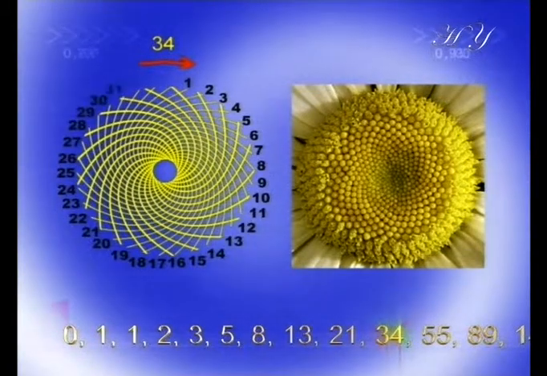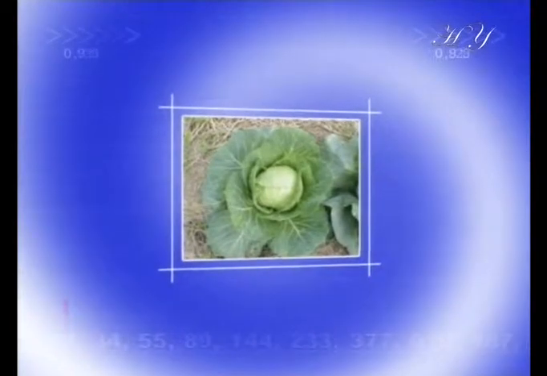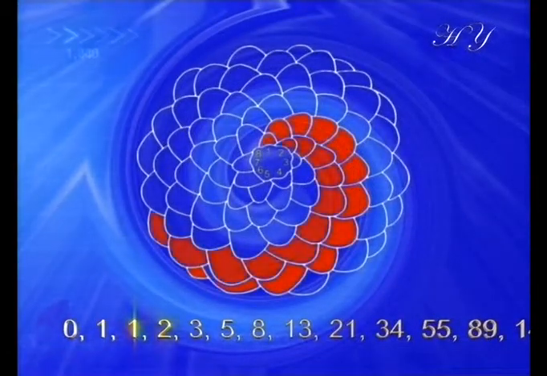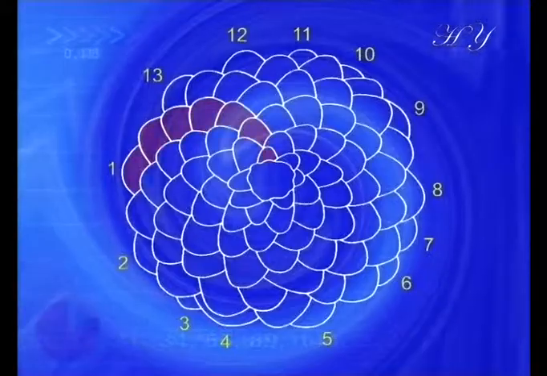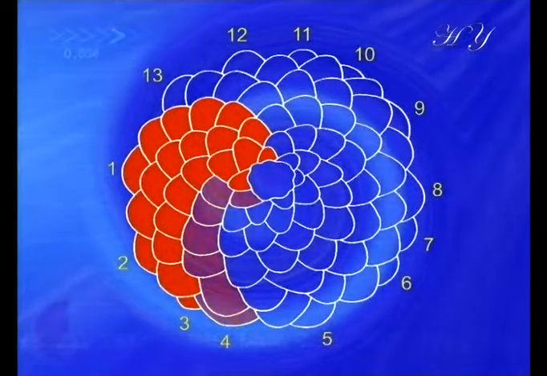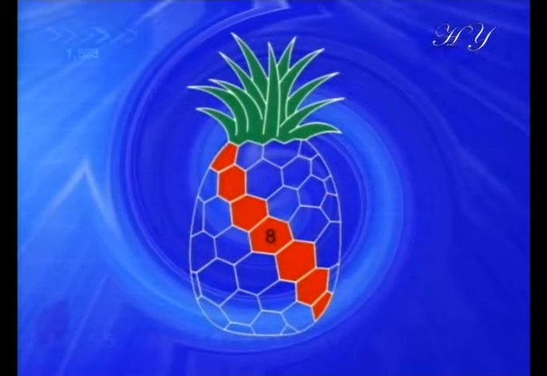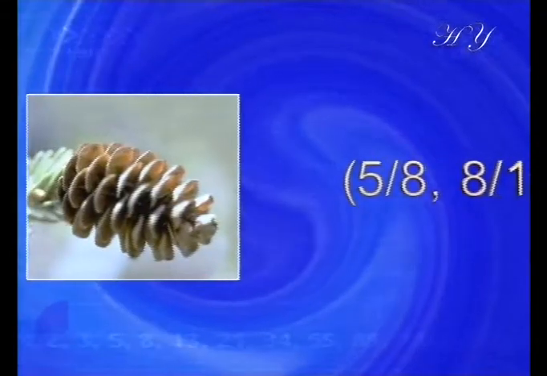This is certainly not limited to the sunflower alone. The leaves of densely seeded plants, such as the cabbage, also form spirals running to right or left around a central point, as in the sunflower. Daisies and pinecone scales are also set out in right and left spirals. If you count these one by one, you will again obtain numbers based on the Fibonacci series, in other words, on the golden ratio. These numbers in the spirals in plants will be 5/8 and 8/13 in pine cones,